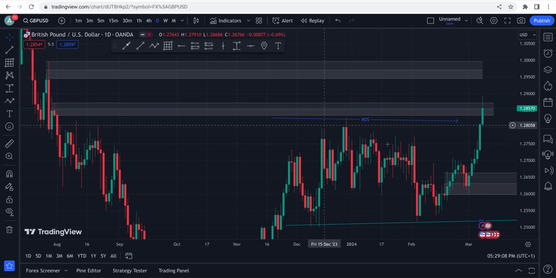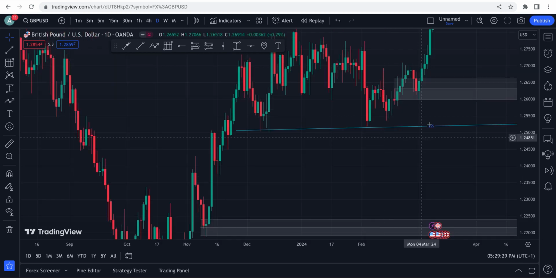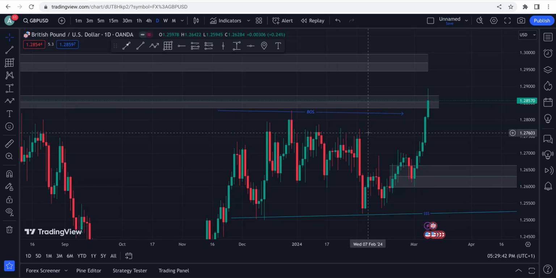structure of this consolidation at this area, and then price broke the structure and tapped into this daily zone, and then pulled out of the zone, and then gave us a sign of rejection on the daily time frame. So we have a daily demand zone, and we still have another daily demand zone on liquidity, in which I'm expecting price to tap into this daily zone and then take out this liquidity and get into this daily demand zone that I'm expecting. But what are my confluences for the short?